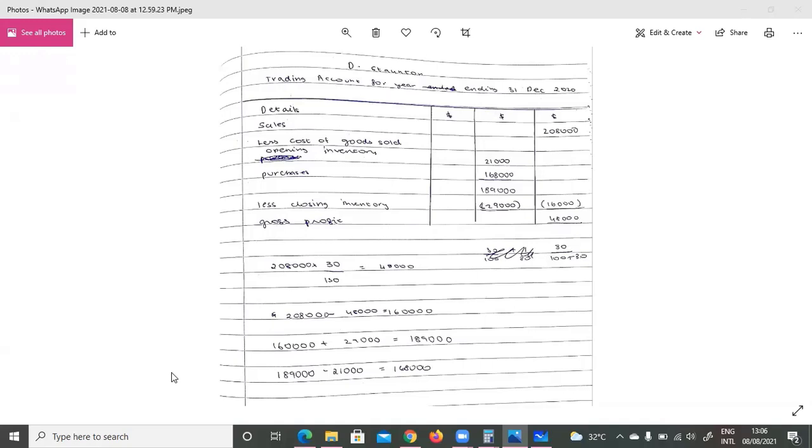Okay. This is how you solve these ratios questions, and we are not done with the ratios questions because there are a lot of ratios which are to be uncovered in the next classes. So we'll go with the ratios in the next class. And after the ratios, I'll try my level best, if it is possible, we'll include the manufacturing. Otherwise, we'll go with the incomplete records.